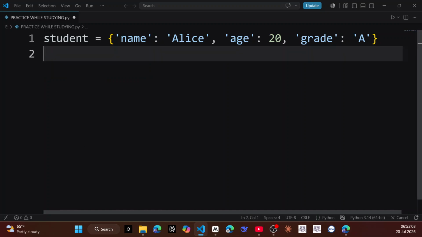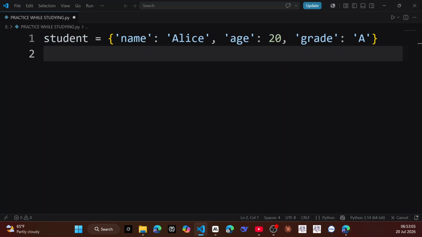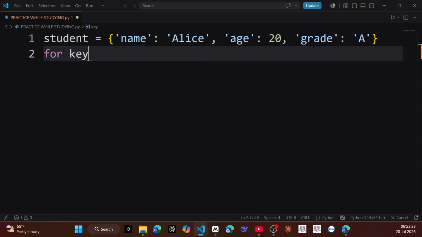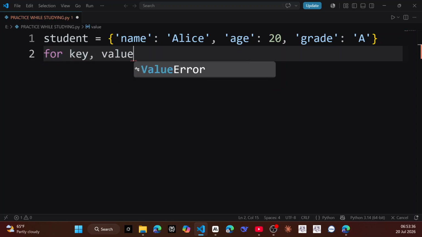If you want to print the dictionary key and its value, we shall say for key and value, because this time I'm interested in both, in